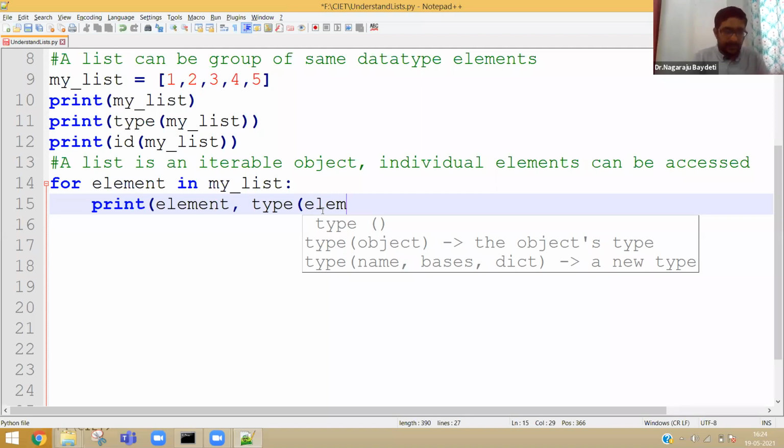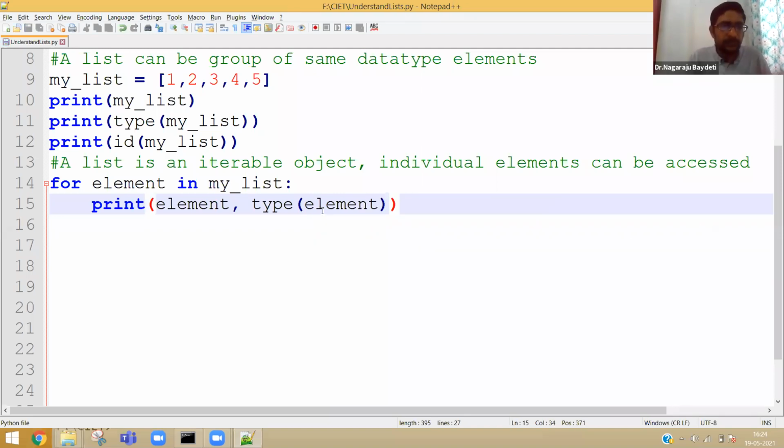Okay, so I think this will do. 1, 2, 3, 4, 5 are stored in my list, and the type of my list is class list. Now in line number 14, I am trying to iterate through the list object, and then in line number 15, I am printing the element with the type of element.